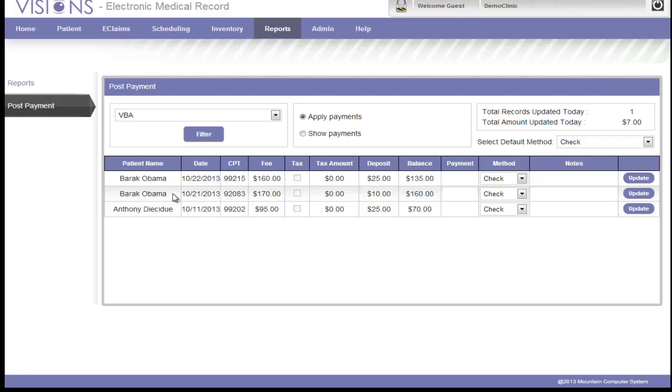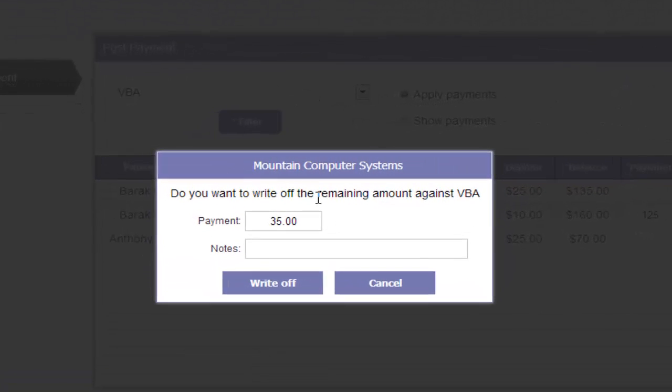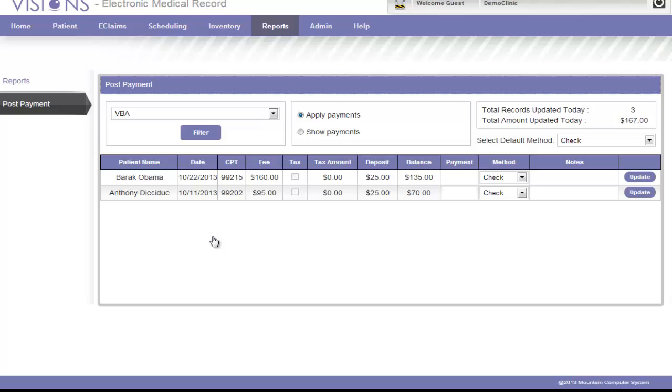Let's pick Mr. Obama, who has two balances due from VBA. So let's pick the middle one here and say that he has $160 due on this $170 balance, but we only got $125 from VBA. So we're going to post that, and now Visions knows that there's $35 that was not paid for. So we can either leave it as a balance by clicking cancel, or we can write it off. So we're going to click write off, and then as you can see, we've paid that entire balance now, and